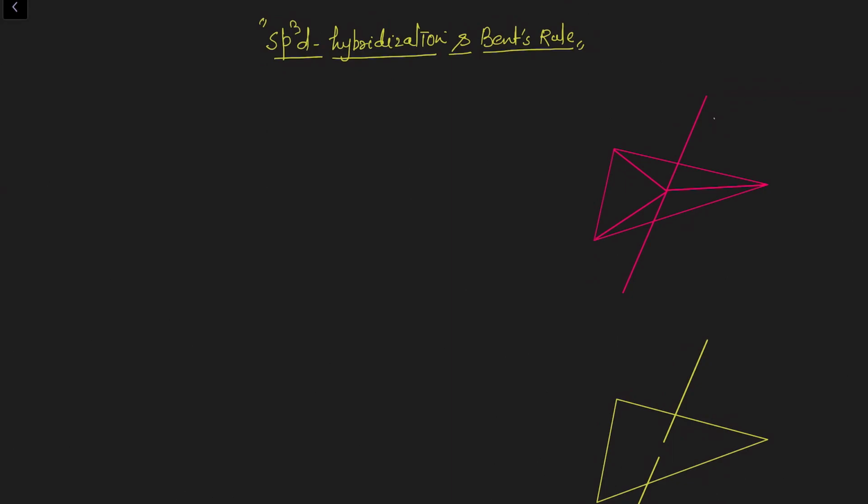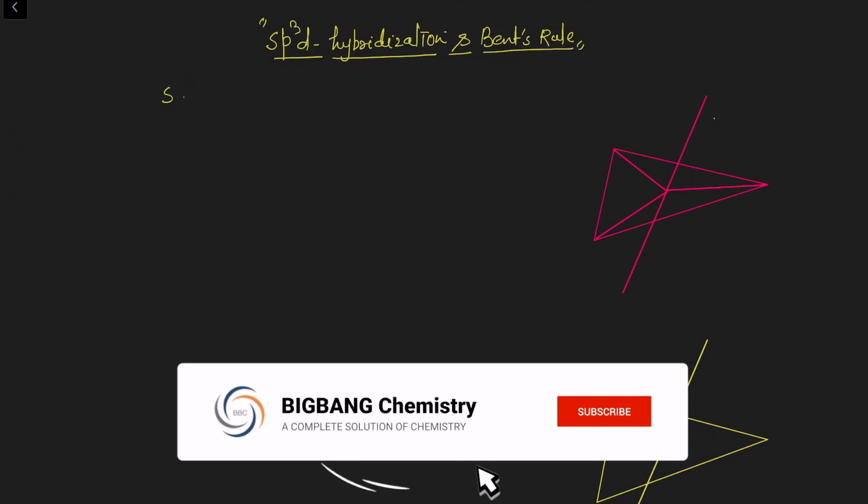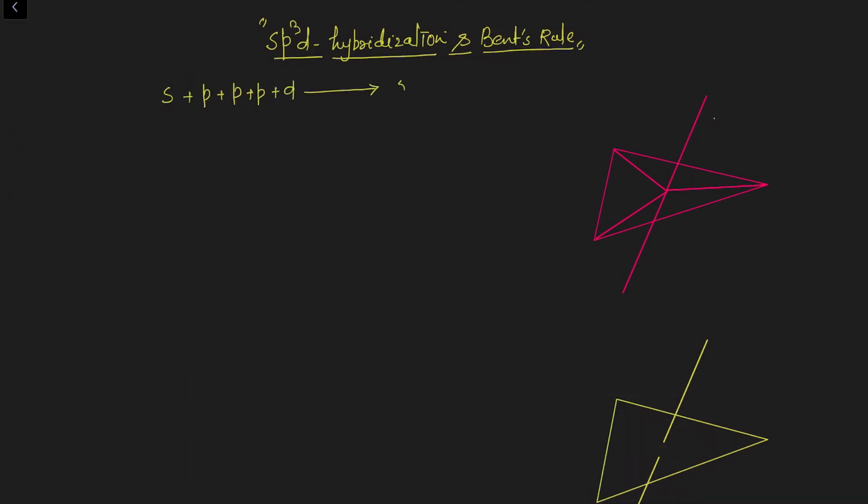In the series of video lectures on NEET important topics, today we are going to discuss sp3d hybridization and Bent's rule. Everyone is familiar with sp3d hybridization and how it forms. When one s, three p orbitals and one d orbital undergo hybridization, we get five sp3d type hybrid orbitals. This is very basic information about hybridization. Everyone is aware of this. Now, what is the structure of this type of hybrid orbital? Trigonal bipyramidal.